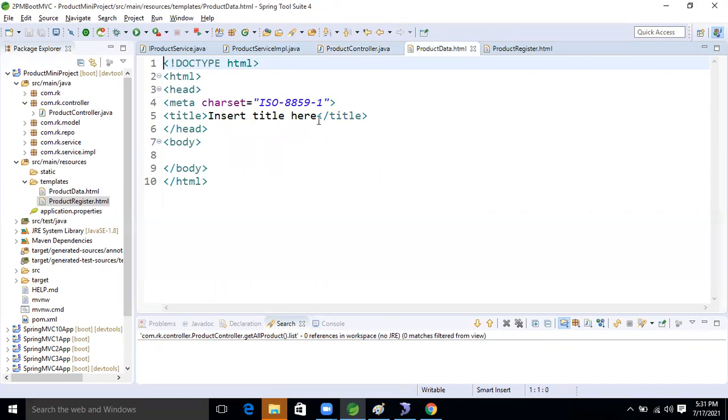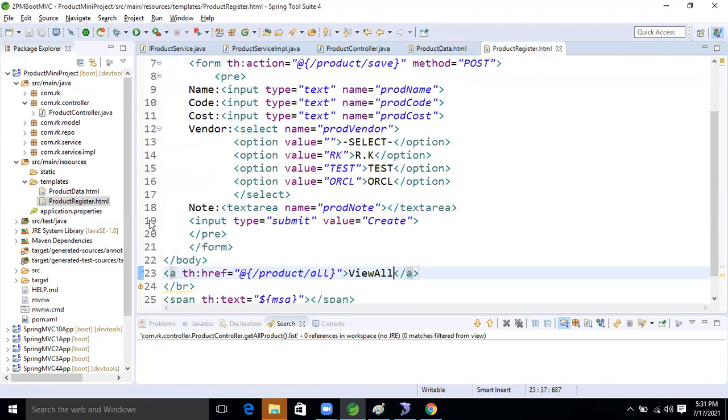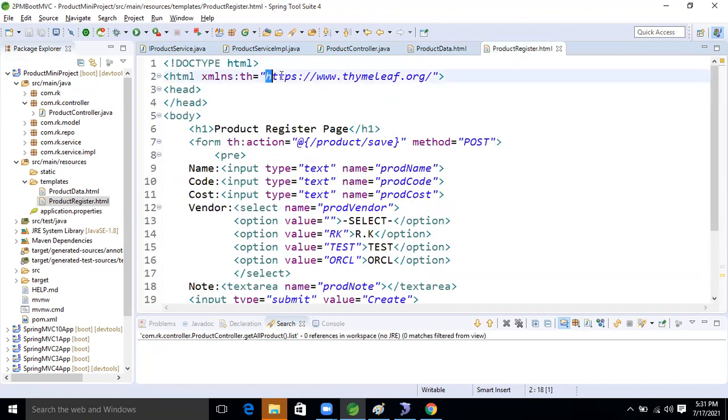Here we will take xmlns colon th equal to Thymeleaf, which is already there. Let's copy this.